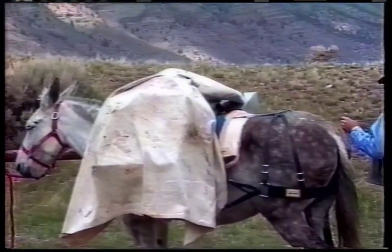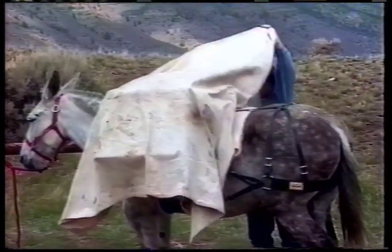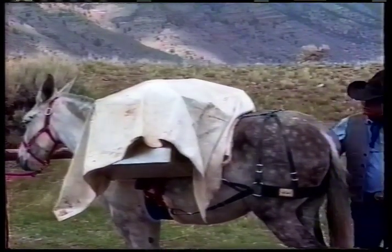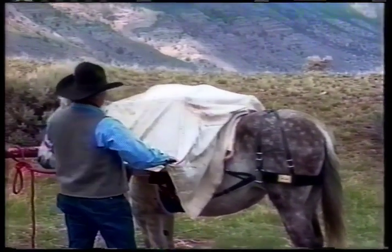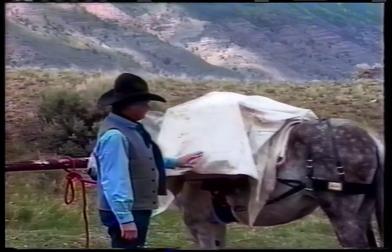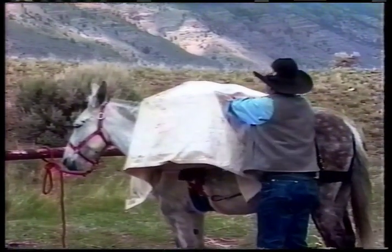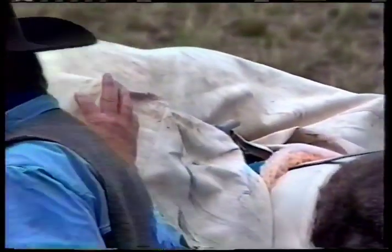Now the biggest thing that I like to mention about manis, there's a lot of manis out there on the market. A lot of guys like to use a waterproof type mani. My problem with that is it doesn't let the back of the animal breathe. This is a canvas mani, and what I like to do is make sure that I try to tuck it in so that my cross bucks are exposed,